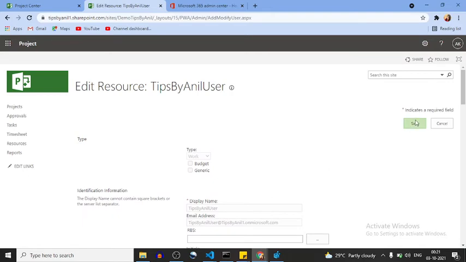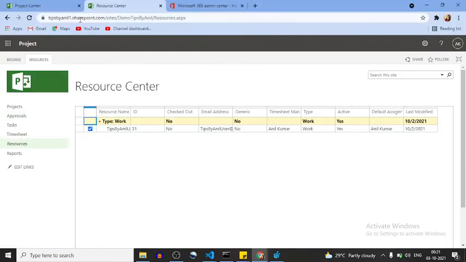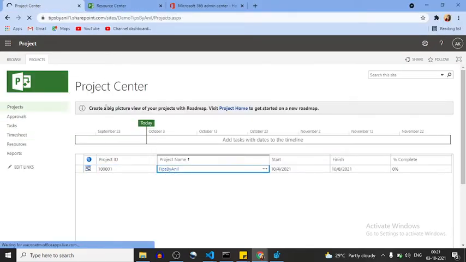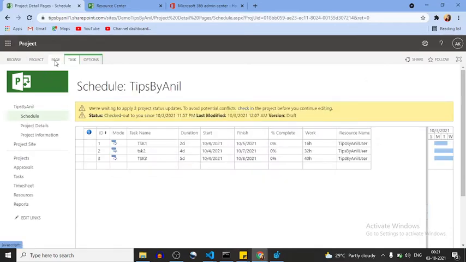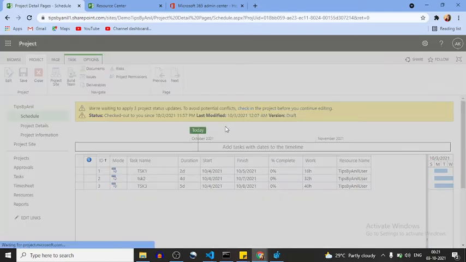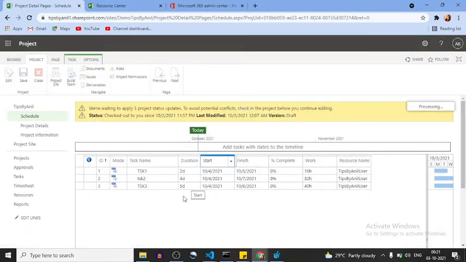Now I think we have to publish our project again, or not actually project publish. What did we do wrong? Now I can understand that we have to check in our project. We have not checked in our project, so that's why we were not getting that option. Okay, let me check in my project.